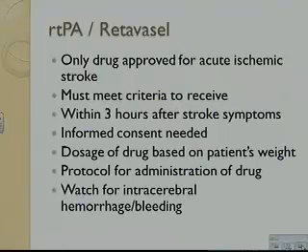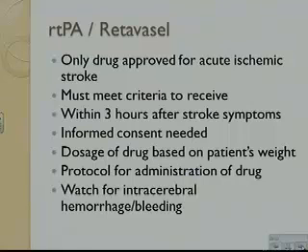What this is, it's like the Drano of clot busters. If the cause is an ischemic stroke, this is a tissue plasminogen activator. It's a clot-busting drug that works quickly to dissolve a clot and restore blood flow to the brain. It must be given within the first few hours after the symptoms start for it to work. It's not appropriate for people whose stroke is caused by hemorrhaging. 80 to 85% of strokes, like we said, are caused by ischemia, so this works on the majority.